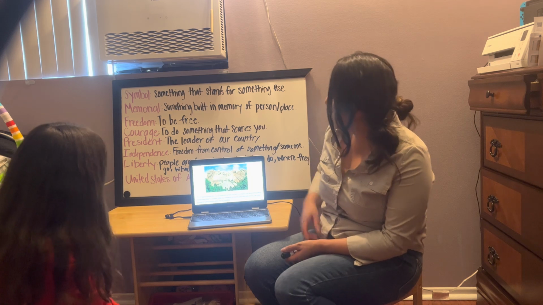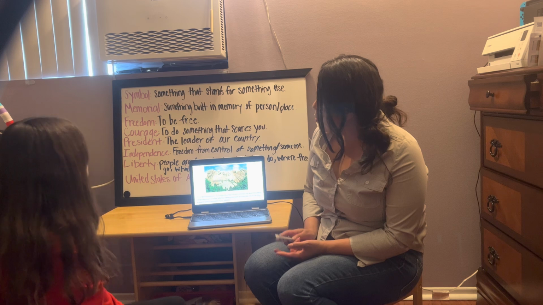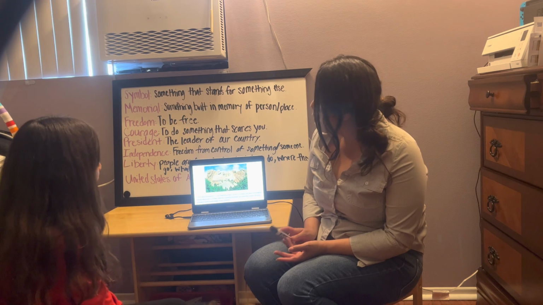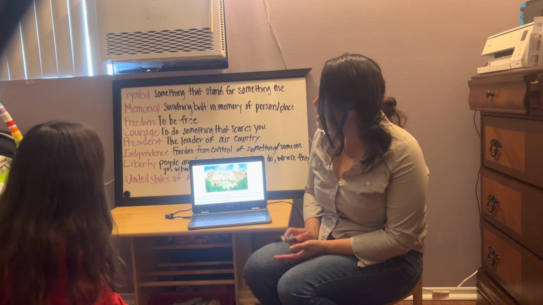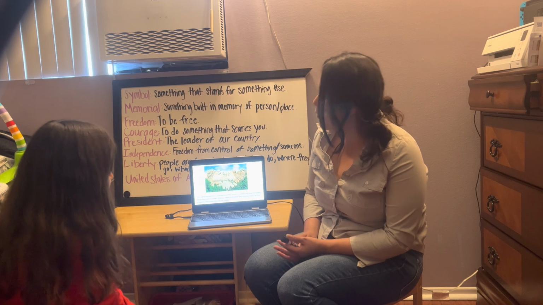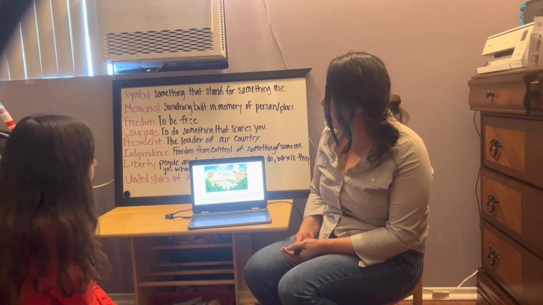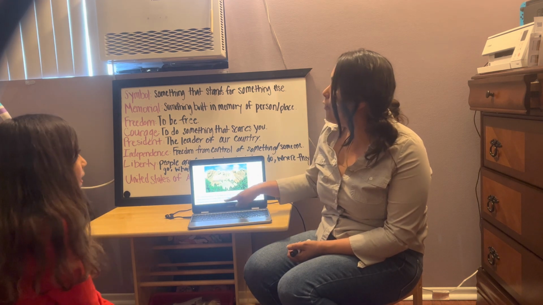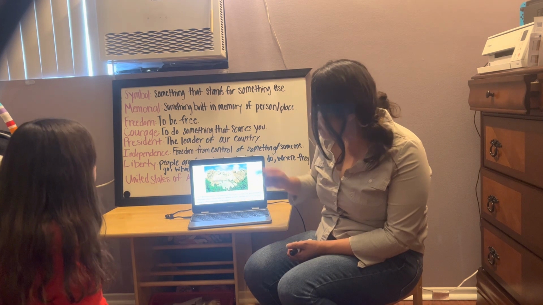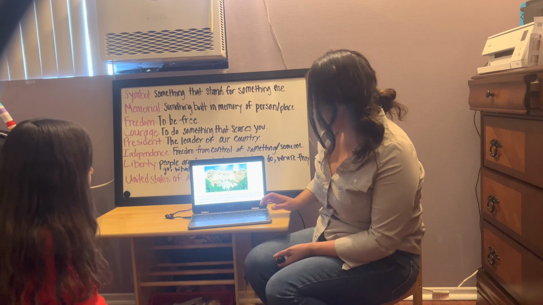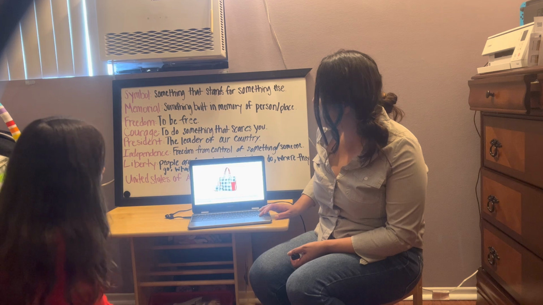Very good. So let's see what they did. It contains the faces of our presidents, George Washington, Thomas Jefferson, Theodore Roosevelt, and Abraham Lincoln. All of these presidents share responsibility for our freedom. So they all were a part of bringing freedom to the United States of America. Another key word, freedom. A lot of these symbols, what do they represent? To be free, to have freedom. Very good. That's going to help you when you're looking for your own examples in a little bit when we split up in our activities.